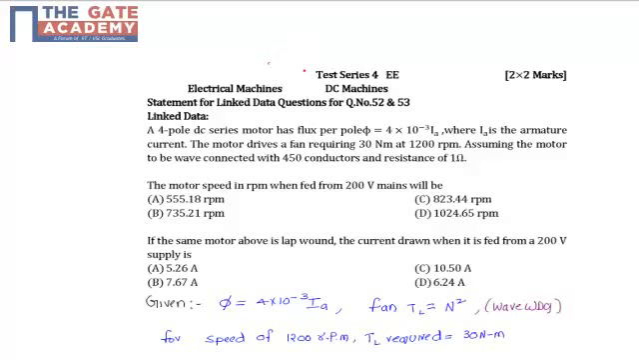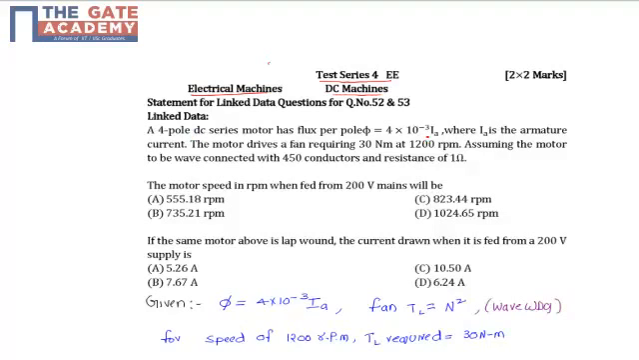Hello students, this question is taken from test series 4 EE from the subject electrical machines from the topic DC machines, and it is a linked data question for question numbers 52 and 53. In the given question, we have a 4-pole DC series motor having a flux per pole phi equal to